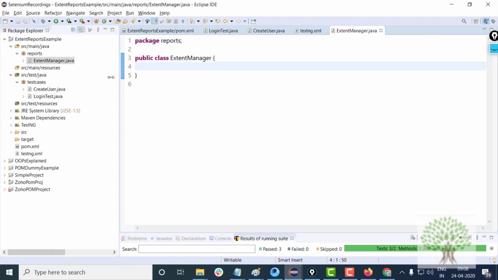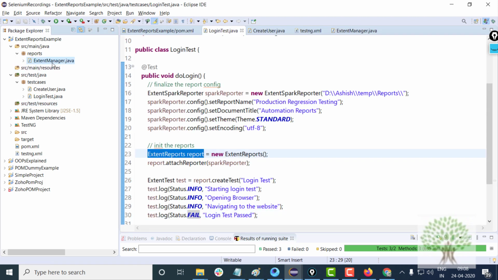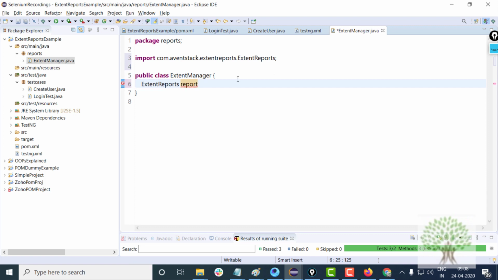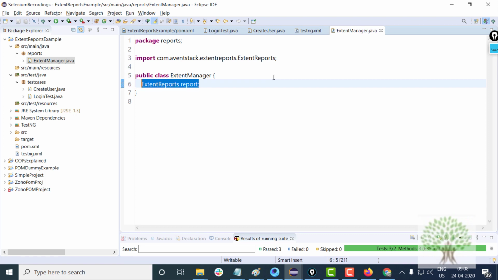Fine, and inside this class I will declare the object of extent reports. This object I am going to share with both the other two test cases. I'll initialize it and share it, and I will make it static in nature.